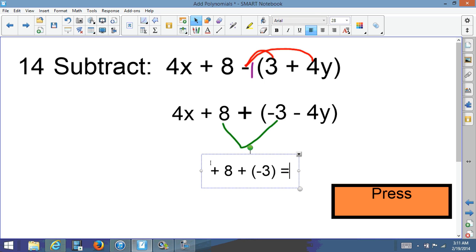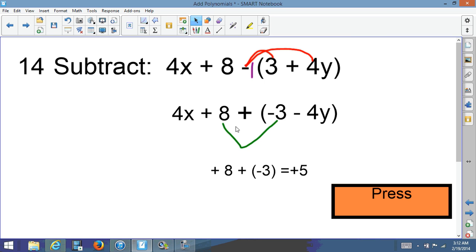And what that's going to give me, remember, the same signs, I would add and keep; different signs, subtract, and that would give me a positive 5. So when I combine the 8 and the minus 3, I get positive 5. So there's my constant,